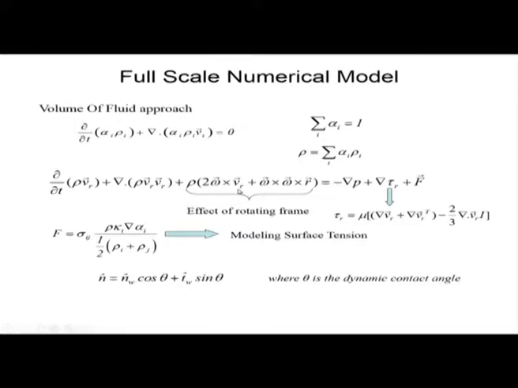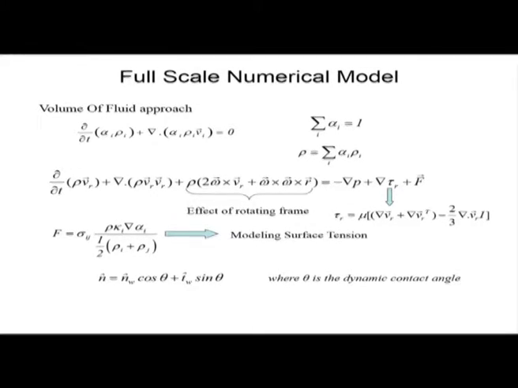So you can see that there are two important modifications. One is because of the effect of the rotating reference frame, these two terms come. Because we rotated the CD at a constant omega, the omega dot cross r term is not there. Otherwise there would have been a third extra term, omega dot cross r. But there are two extra terms, and then there is a force to model surface tension. This force acts only on the control volumes which belong to the interface. So basically surface force is equivalently represented as a body force term at the control volume.